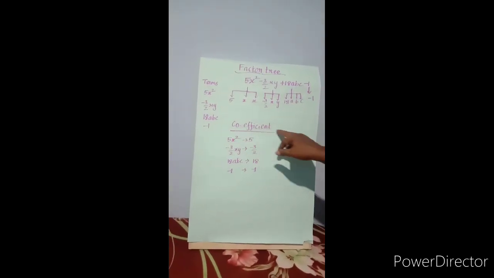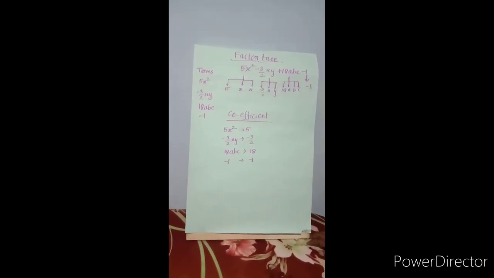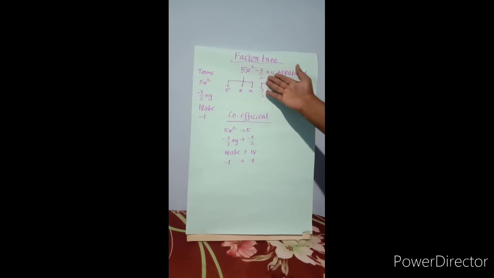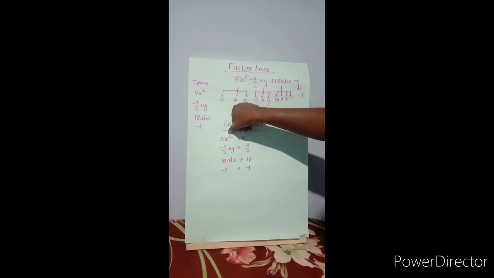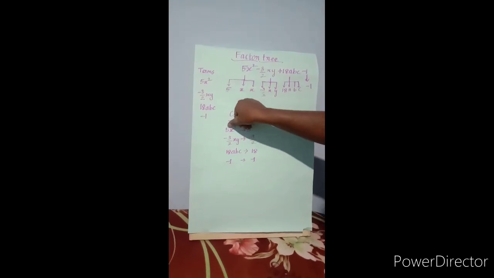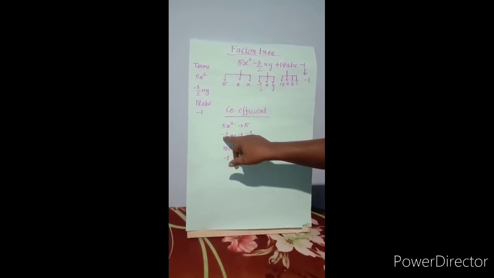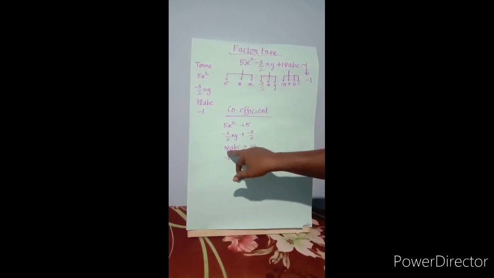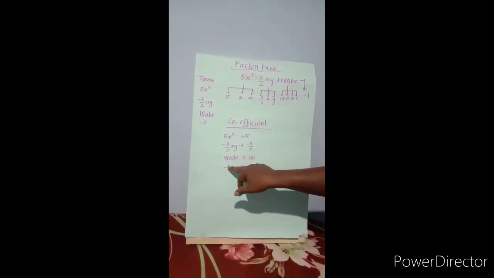Now we are going to see about a coefficient. What is called a coefficient? A coefficient is the numerical value of the given term. So now we have written all the given terms from these expressions. First term is 5x squared. What is the coefficient of the first term? 5. This is the numerical value. Second term, minus 3 by 2 xy. Here the coefficient is minus 3 by 2. Third term, 18abc, the coefficient is 18. Minus 1, the coefficient is minus 1.